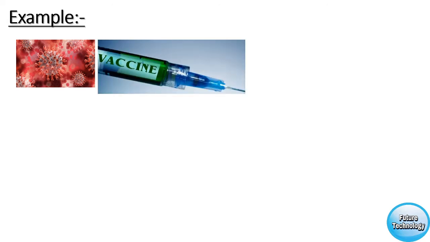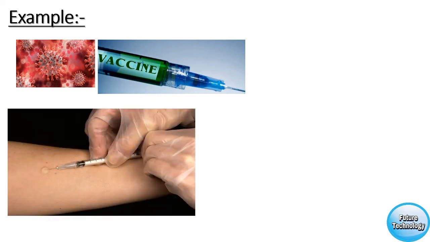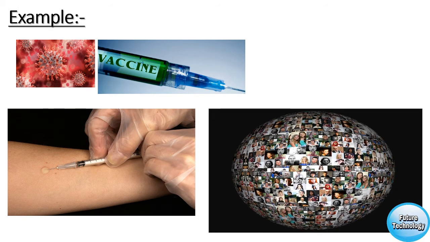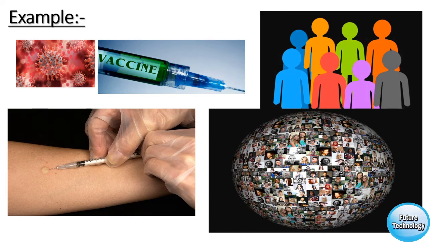You all know that coronavirus is spreading all over the world at this time. Now, suppose in this case a company has prepared the vaccine for this epidemic. Now the company has to check the vaccine on people, whether this vaccine is working right or not. Since this epidemic has spread all over the world, the company cannot do this research on the people of the whole world. It is completely impossible. In such a condition, the researchers select a sample of people from each demographic and research them.